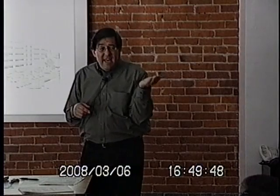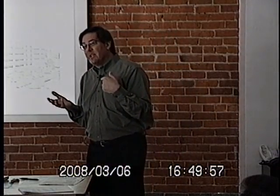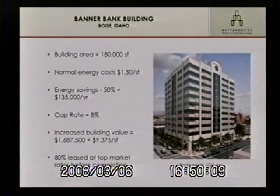But you can figure that equation upside down. If I can save $80,000 a year, and that savings is associated with the physical structure of the building, then in theory, if the building does its functions correctly and houses the same number of people, the building is worth $1 million more than it was before. And what they're saying here is if I can take $135,000 a year at a cap rate of 8% and tip that equation upside down, now my building is worth $1,687,000 more than it was right now